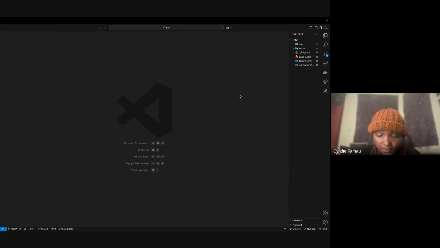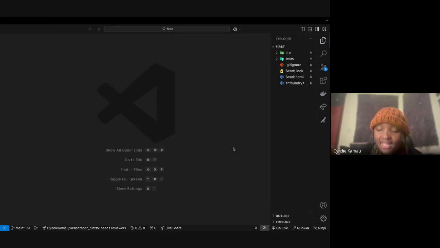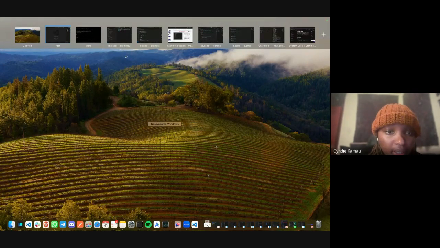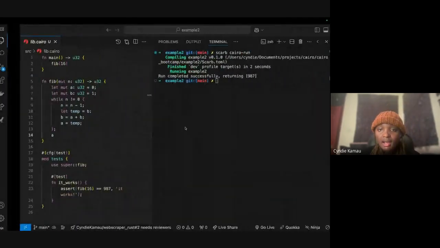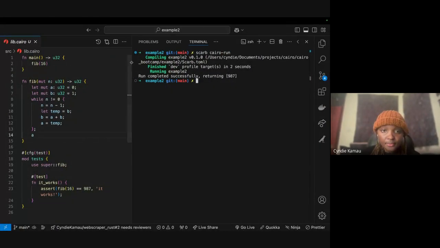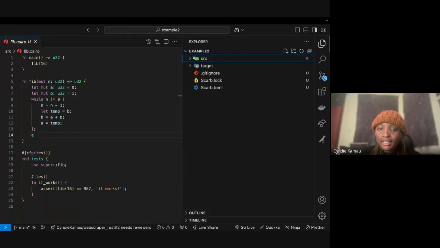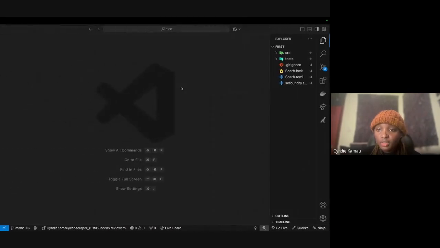There's a difference between the setup and my environment between the Cairo program which we had and the tests, right? To help us out, I want you guys to see some of the small things.